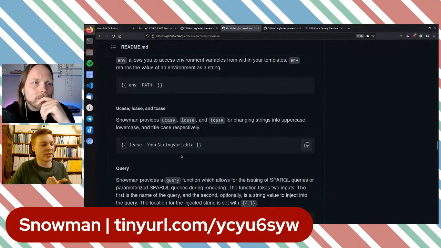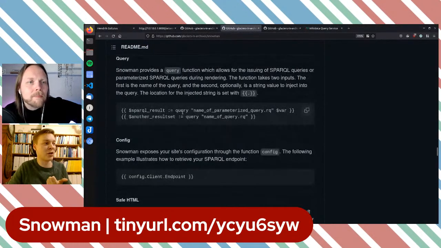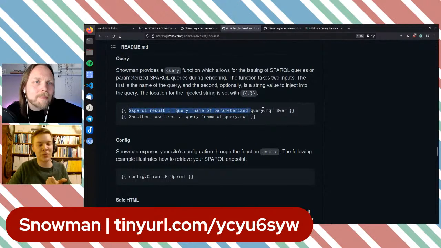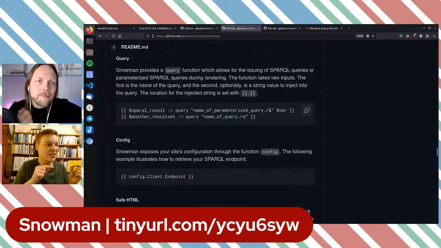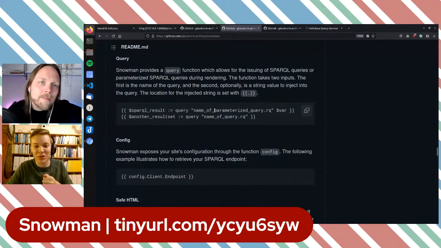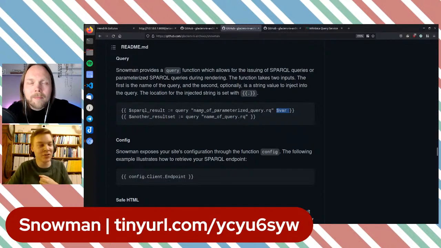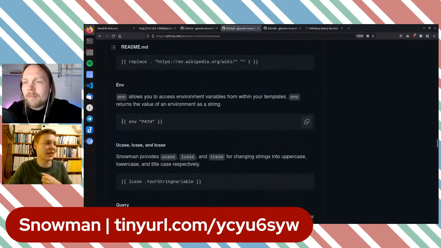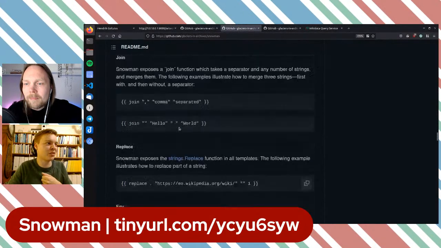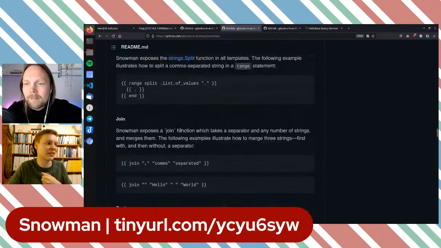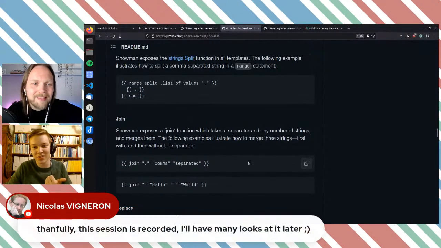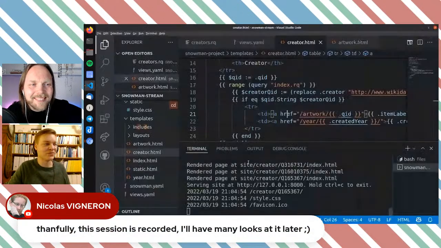And yeah, it continues like that. You can use queries with parameters. We ran a query and the name of the query, but you can say query, the name of the query, and another variable which you want injected into the query. And you can access, as I said, environment variables. Yeah, it just continues like that. Split and join strings, and so on.